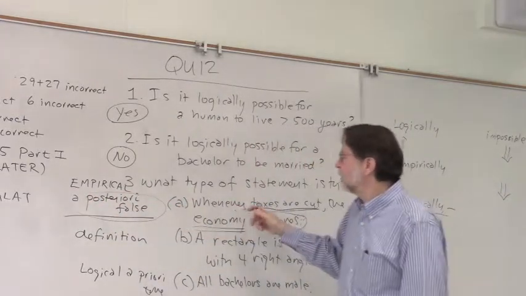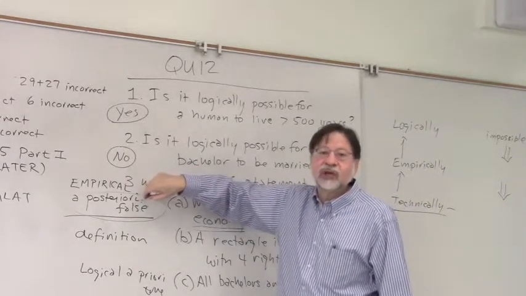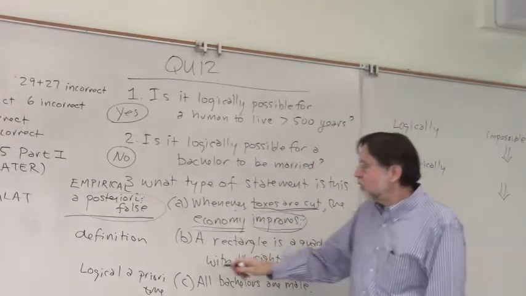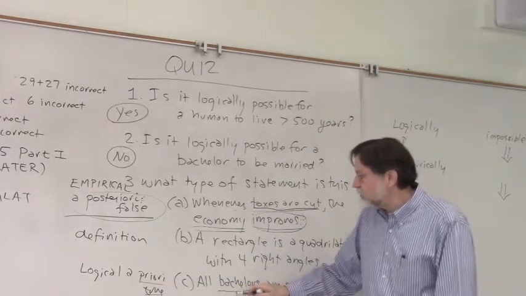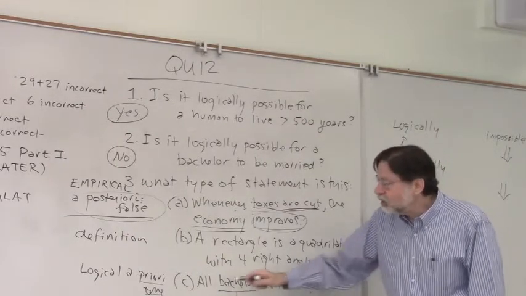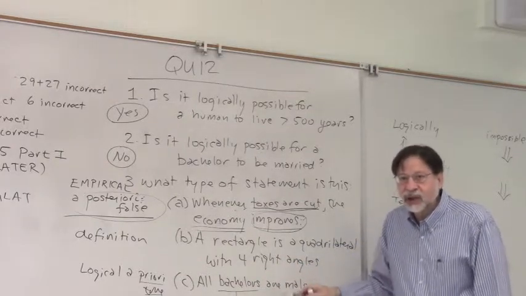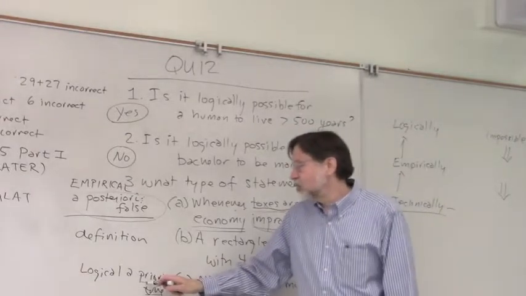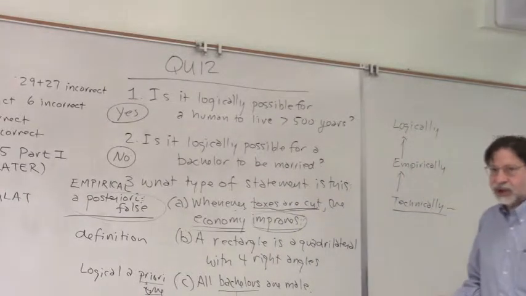Empirical statements are statements whose truth is tested a posteriori. That means with respect to observations. So you cite examples and observations rather than a priori, which means you analyze the definitions of the words. If a bachelor is defined as a member of the set human, male, and never married, we know this is a priori true, because we know that all bachelors are male, all bachelors are unmarried, and all bachelors are human. And that's from the definition of the word bachelor that I gave you last time.